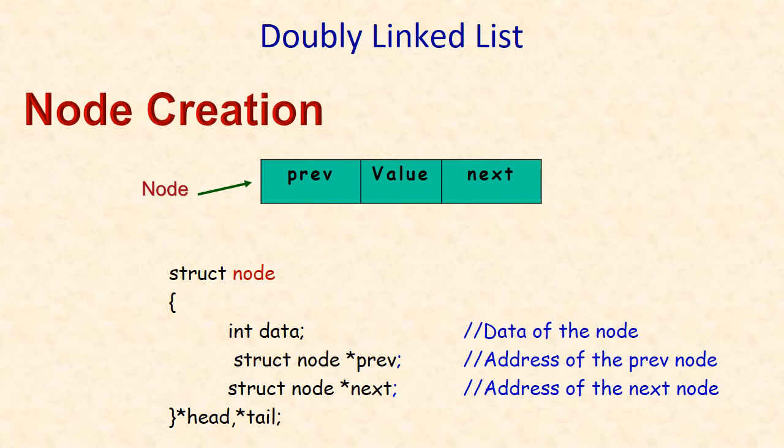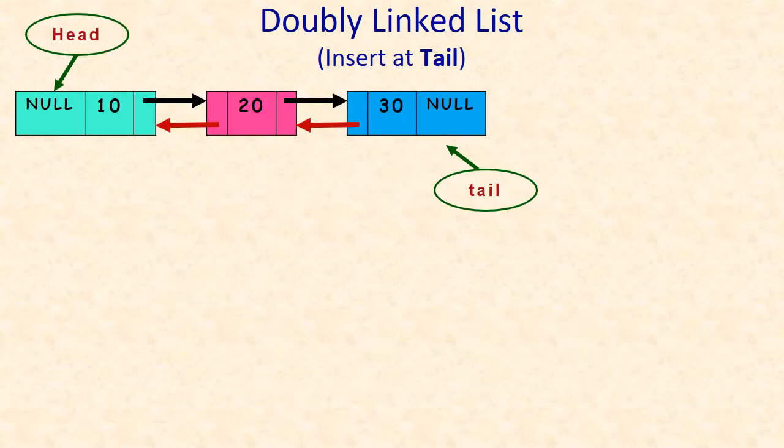Now let us see how to insert an element at tail. Okay, so assume that this is a doubly linked list existing with three nodes, and the first node has 10 as value, second node 20, third node 30, and I want to insert a fourth node at the tail. Okay, so how to do this? See,